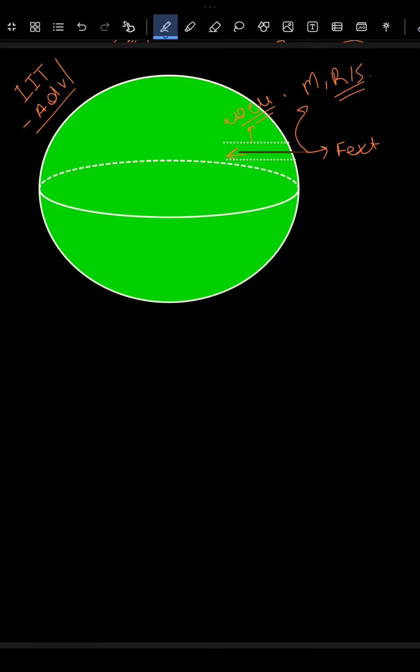Today we'll be looking at this question from JEE Advanced, and it is from the chapter of Gravitation. So in this question, we have Earth basically, and we have acceleration due to gravity given as g, small g, at the surface of the Earth, and we have a well inside